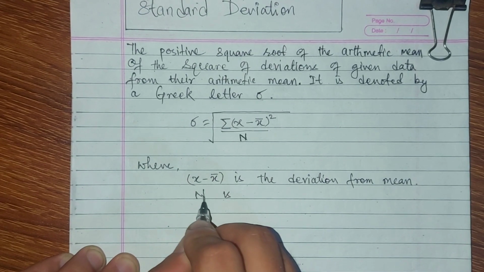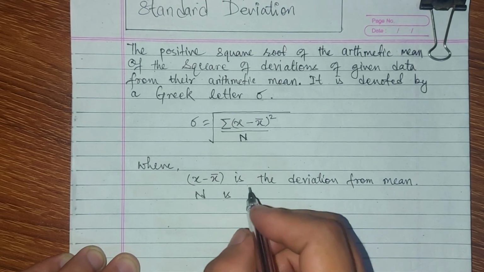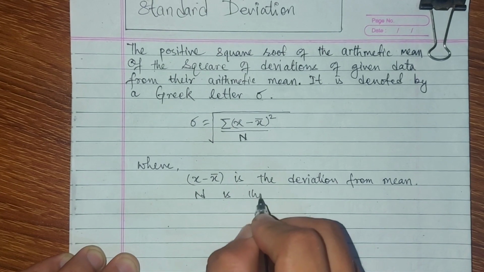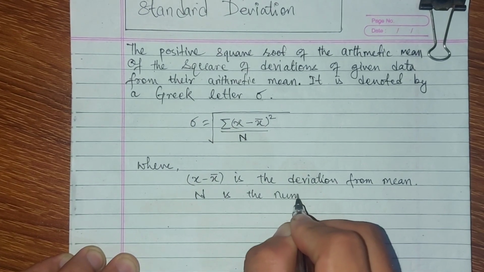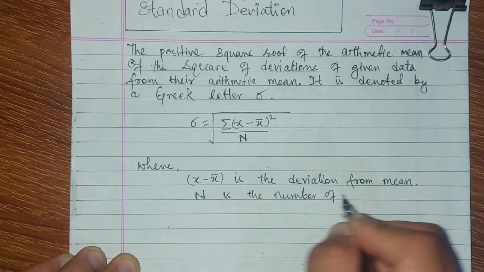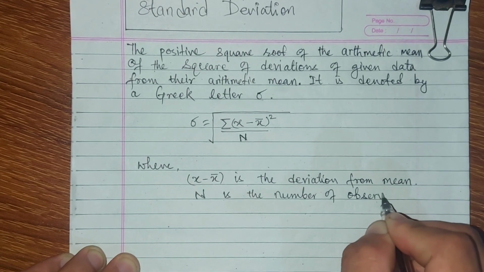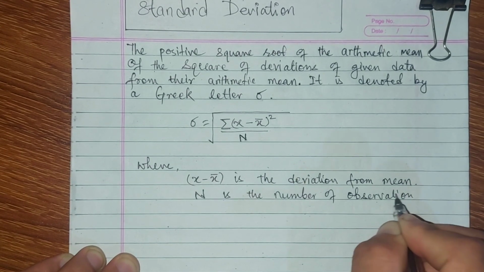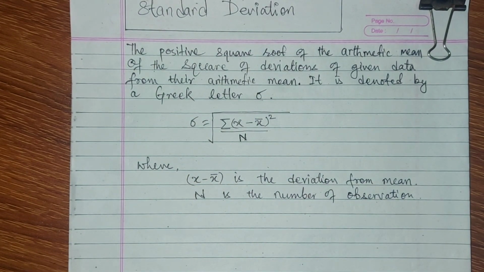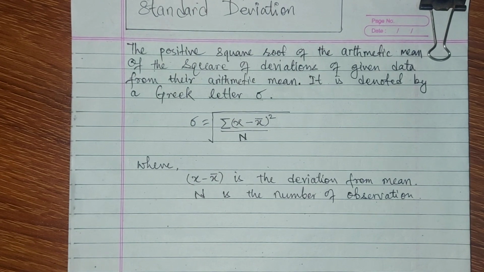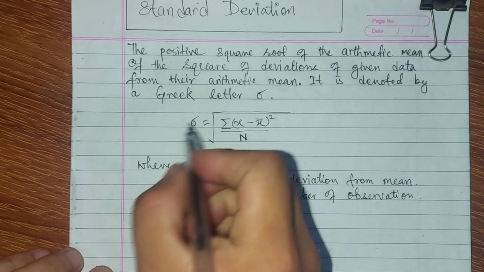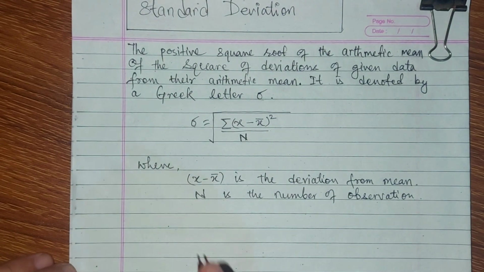And what is n here? N is basically the number of observations. Okay, so yes, number of observation भयो. यसलाई हामी सिग्मा चाहिँ